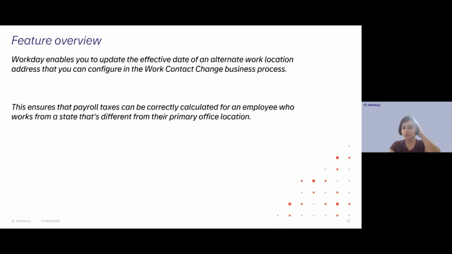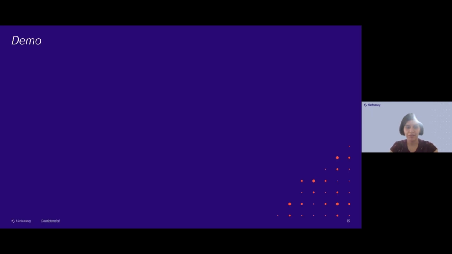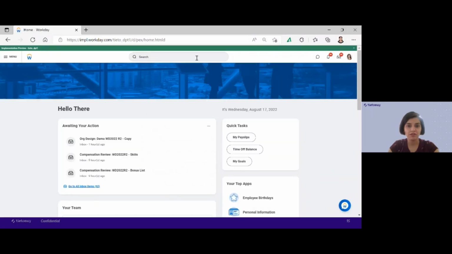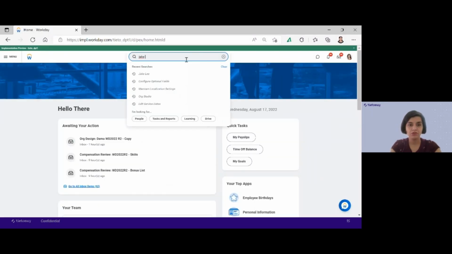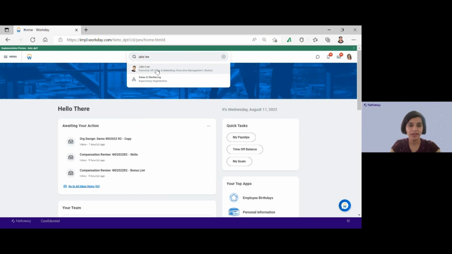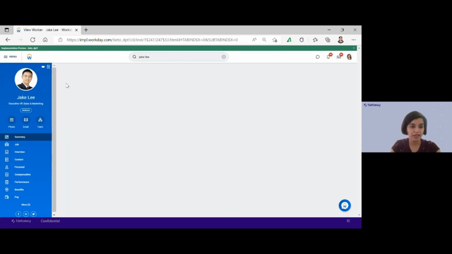So we all know that working remotely, the employees keep on changing their location. So in case we want to track that and based on that, enable our company to calculate the payroll taxes better, this feature can come in handy. So a quick demo about this. Let's go to Jake Lee and I can show you that